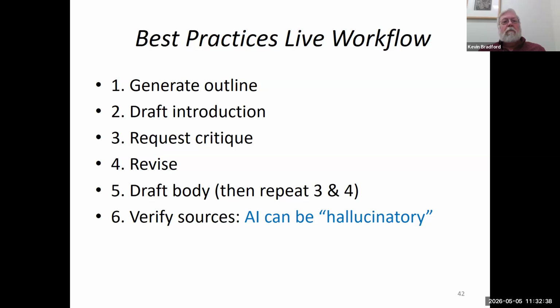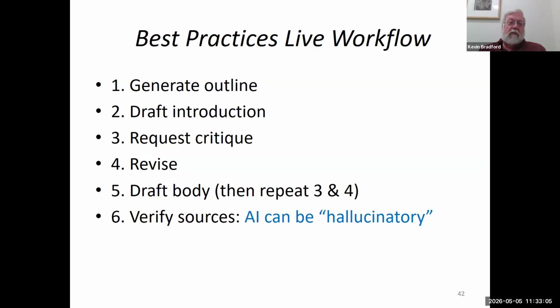Okay, so here's a real best practices live workflow, and I've used this pretty much in my standard writing workshops. Generate your outline. AI is superb at that. Draft your introduction, then request a critique of what you've got so far.